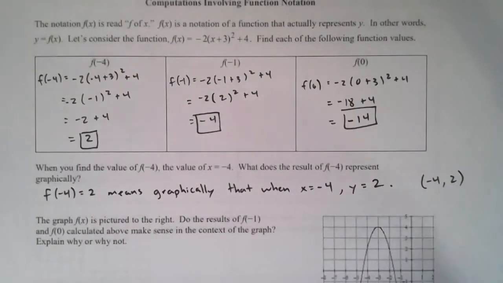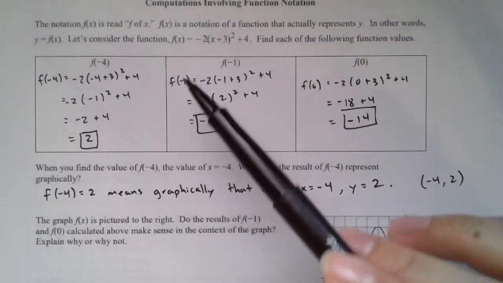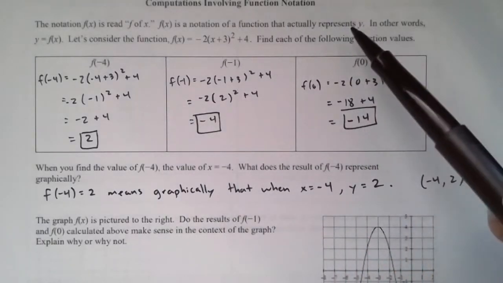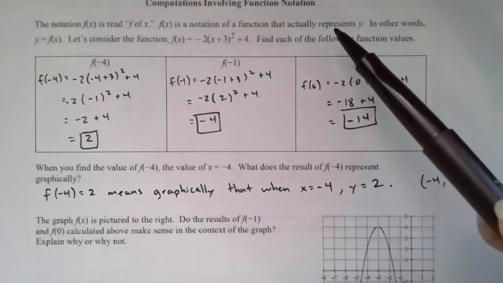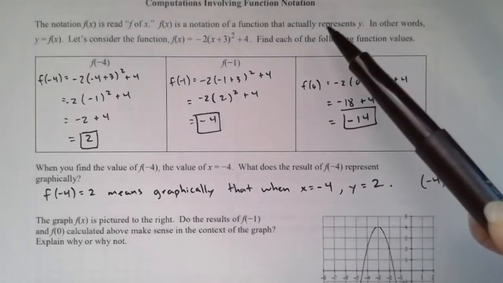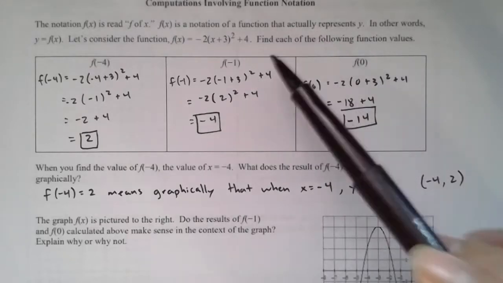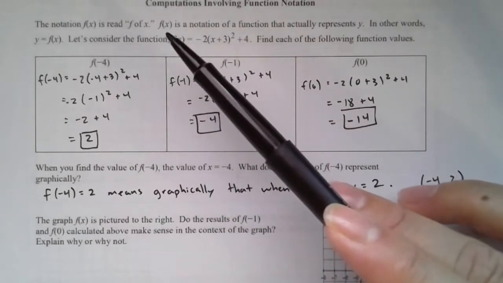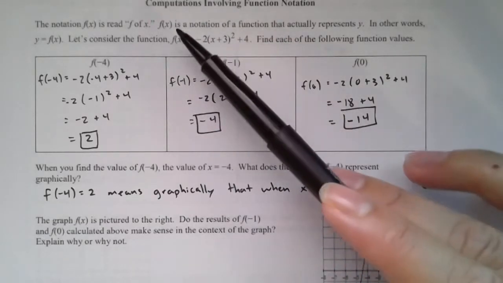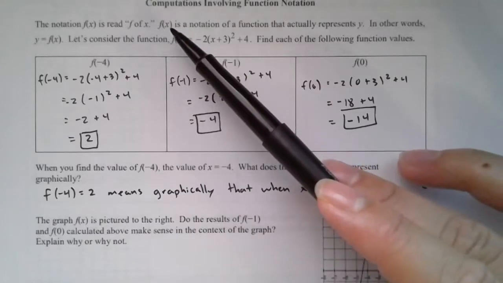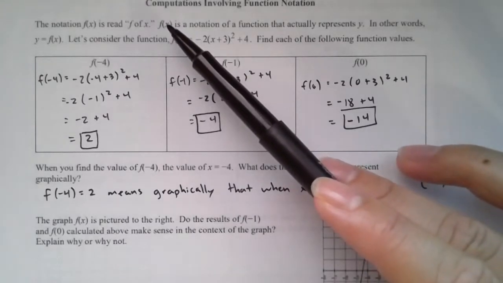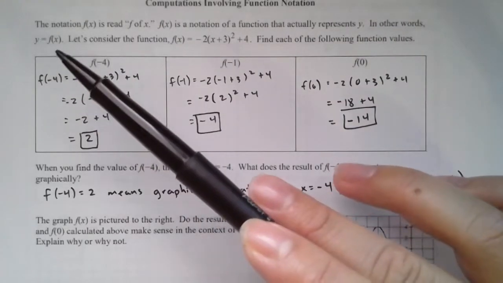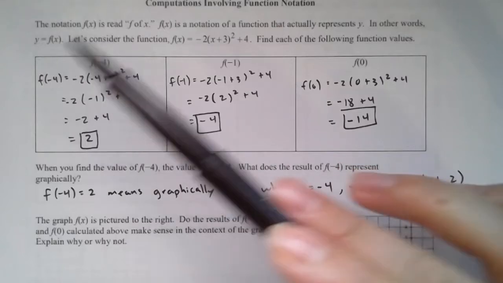The notation f of x is read "f of x." You guys know this, right? f of x is a notation of a function that actually represents y. Remember in your Algebra 1, your equations used to be y is equal to whatever that equation was, and then they told you that you can also have f of x is equal to whatever that equation is. This is just function notation. It's a neat way of writing when you want to evaluate the equation. So y is equal to f of x is the same thing, except one again denotes